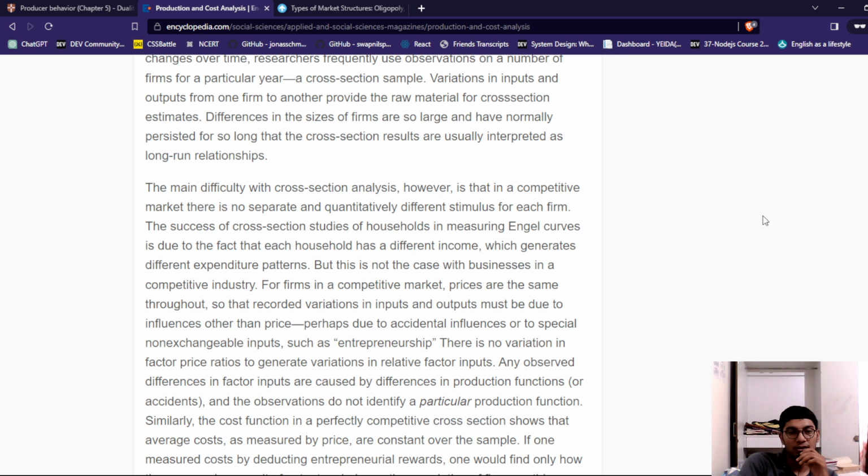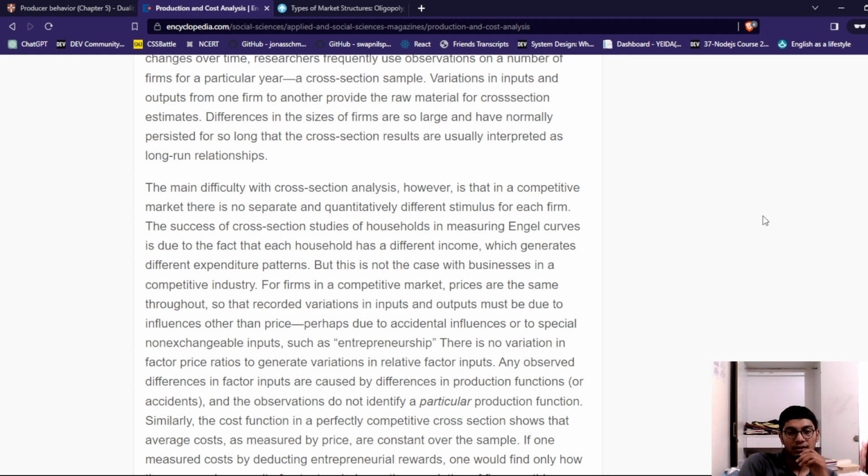The successful cross-section studies measure household incomes, due to the fact that each household has different income, which generates different expenditure patterns. But this is not so for businesses in a competitive market, where for a firm prices are the same throughout the record,